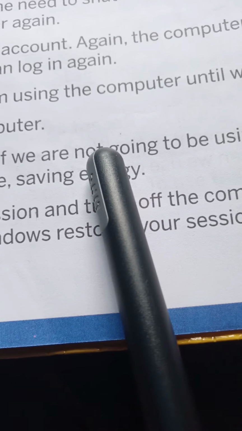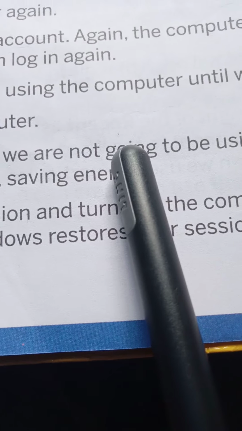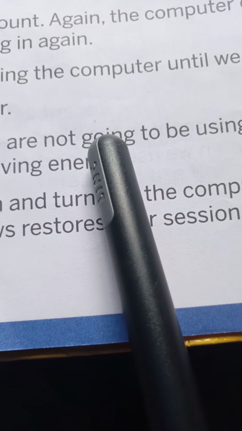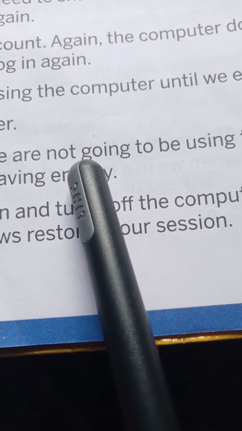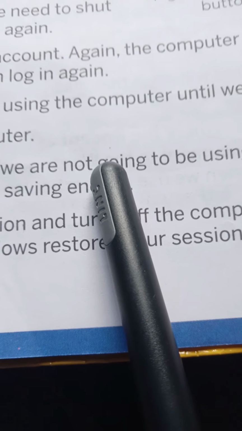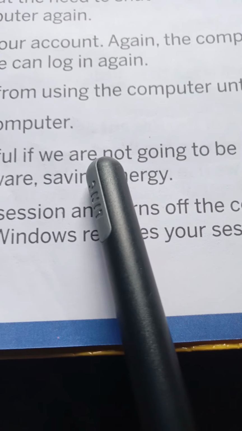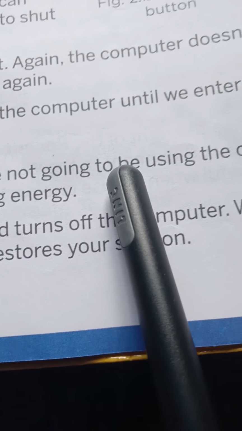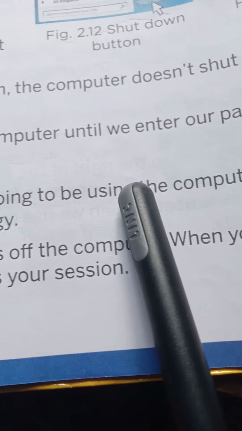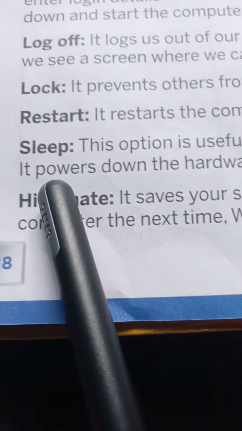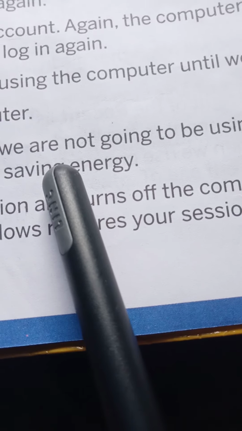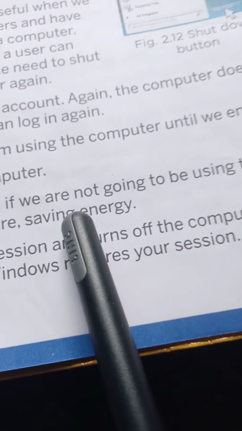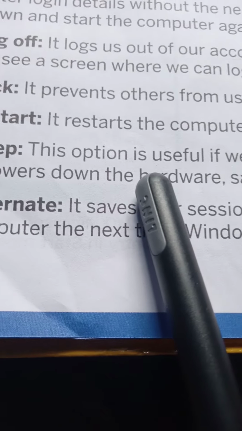If I am going out for 1 or 2 hours or 3 hours and not using our computer, then we send the computer to sleep mode. So it saves energy and the hardware also gets rest.